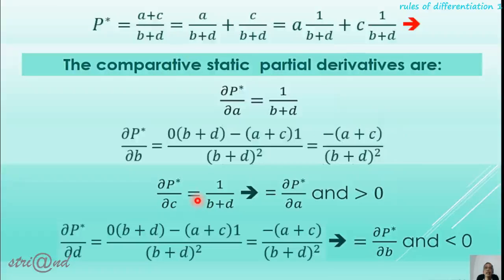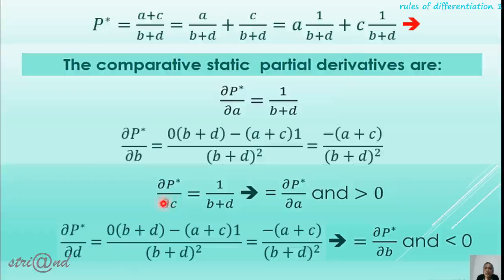result. And then next, the derivative of P star with respect to C is also 1 over B plus D, the same result as P star with respect to A. So we can conclude that the derivative of P star with respect to A is the same as the derivative of P star with respect to C. And also, because we know that P is greater than 0, D is also greater than 0, so the derivative of P star with respect to A is greater than 0,